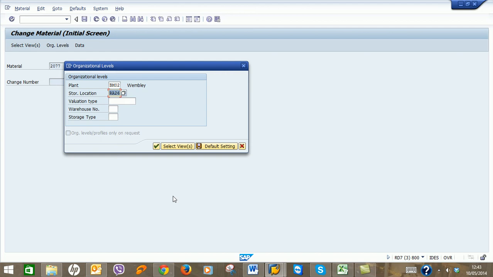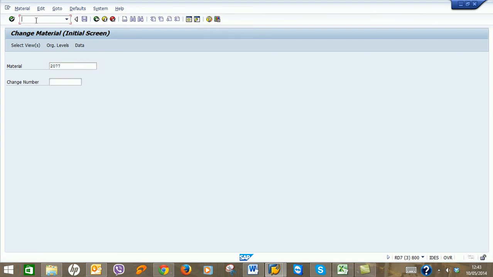Still, for that one, because materials are created at plant level. Okay. So now, how can I extend this material? I will go back again into MM01. I think it would be easier if they created the material